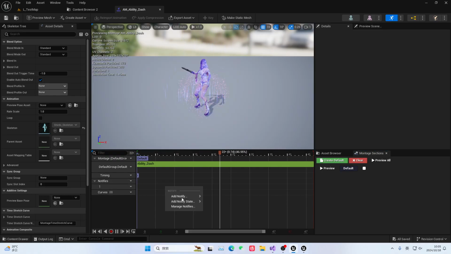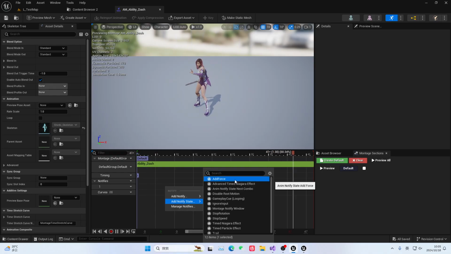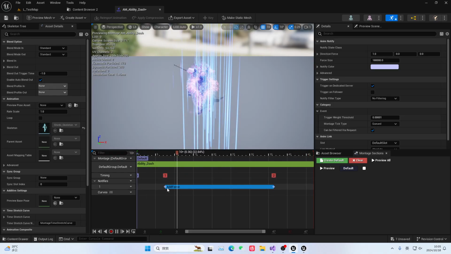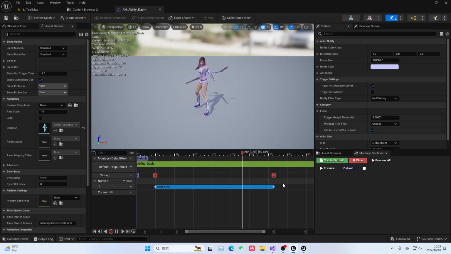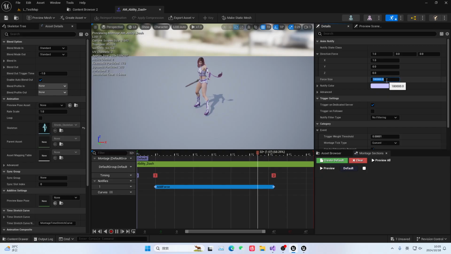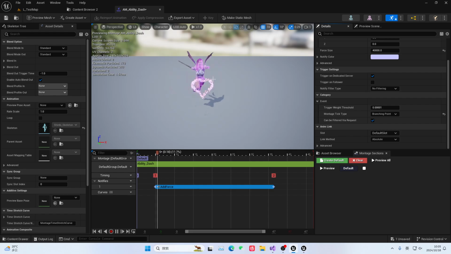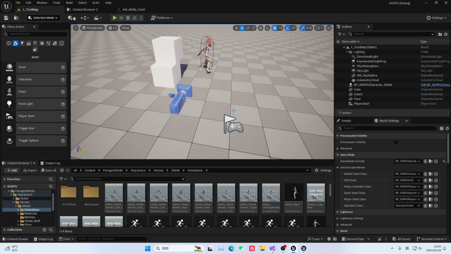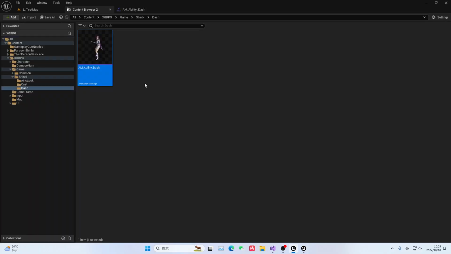Then we just need to add a notification for it. Right here, edit force. We give it a length of this size. As for this parameter, we'll just pick one randomly. Make this one a bit smaller. Okay, and note, we must give it a breakpoint here to avoid potential issues. Then with that done, we go create a